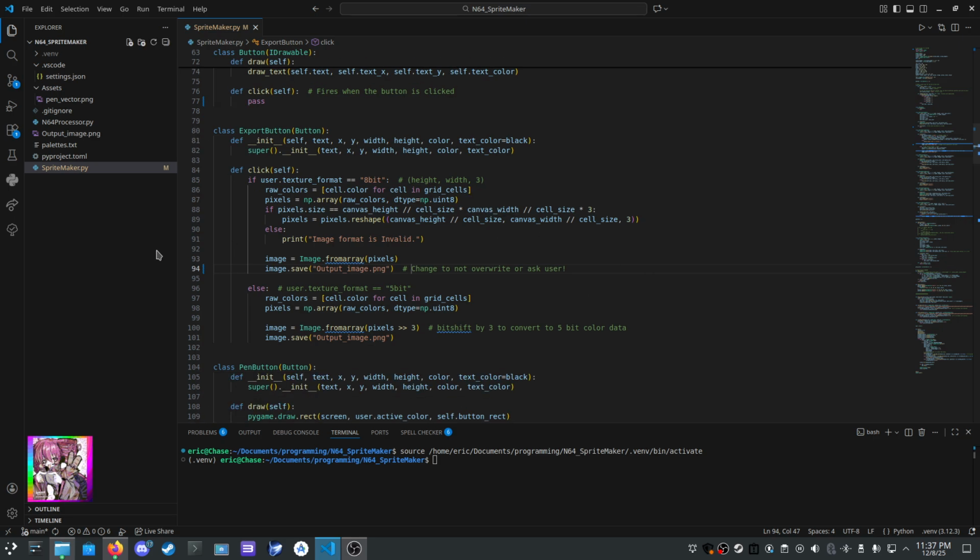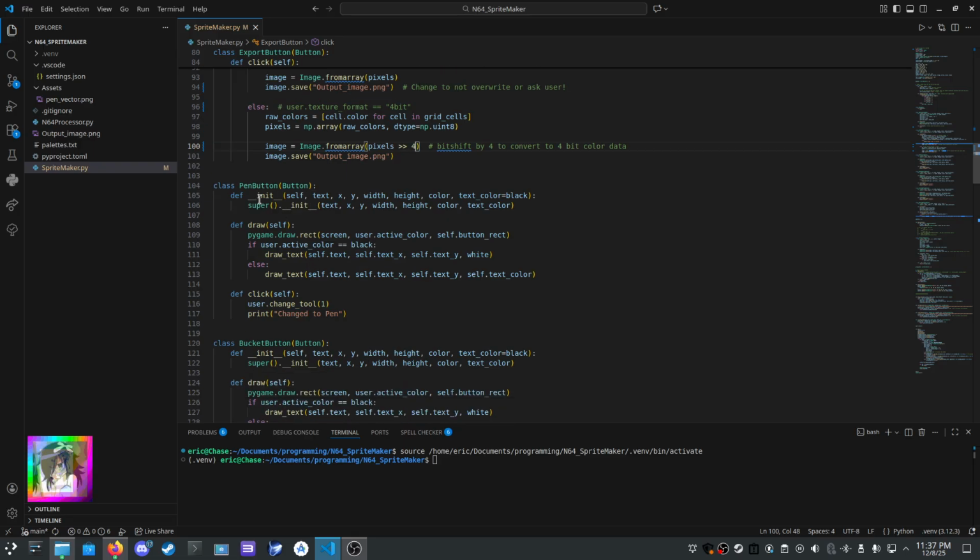I went through all the work of installing. I was like, oh, that's annoying. Get that in my face. Else, and I add this little comment here to let you know we're saying if it's not 8-bit, it has to be 4-bit. And then we're going to bit shift it by, I guess we should just bit shift by 4. I actually haven't tested this mode yet. I've only tested in 8-bit. So we save it, and now that works.